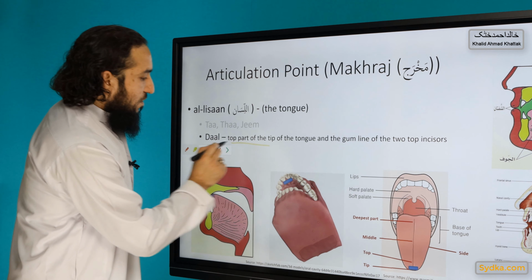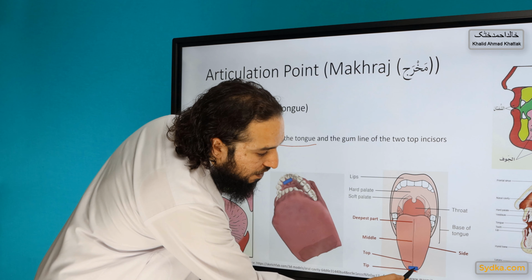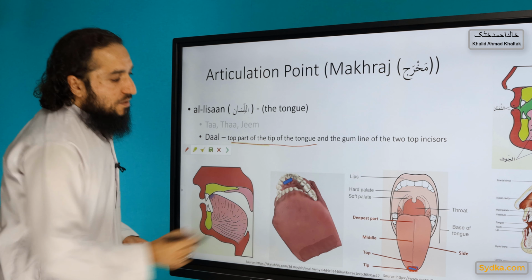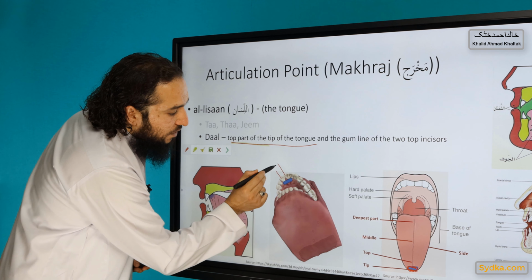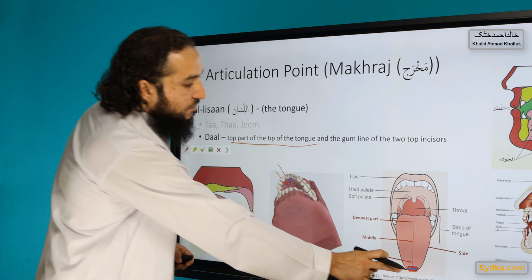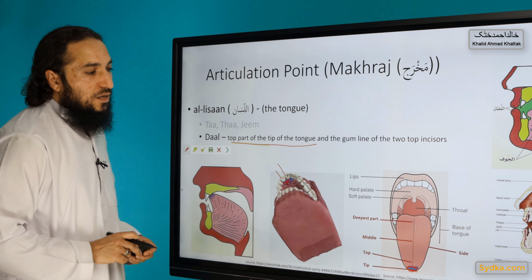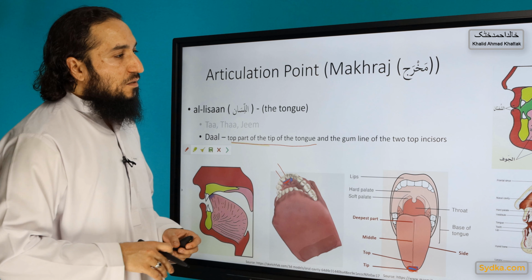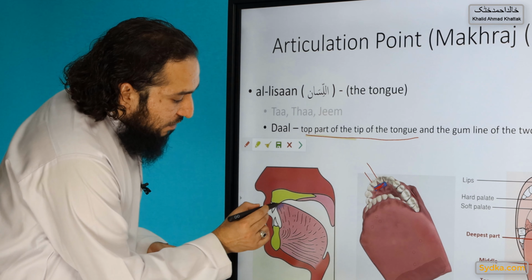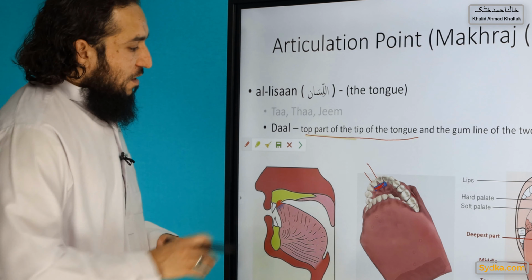Top part of the tip of the tongue. So if this is the tip and this is the top part of the tip, and it says the gum line of the two top incisors. So this is 1, 2, we have two incisors and this is the gum line. So the top part of the tip of the tongue and the gum lines of the top two incisors, when we're pronouncing dal, that's where the sound comes from. You can see in the other diagram. That's the top part of the tip of the tongue and this is the gum line for the top two incisors. Let me explain this in